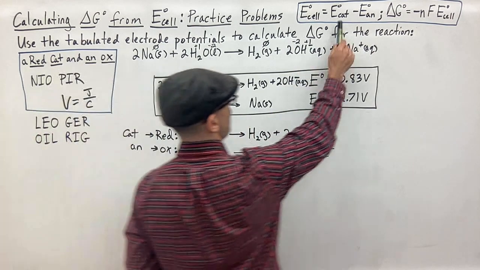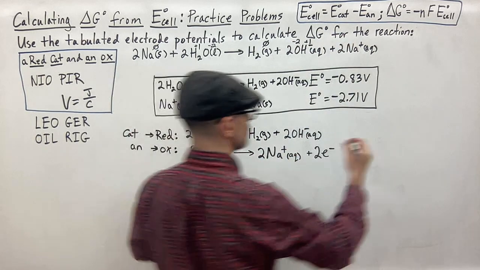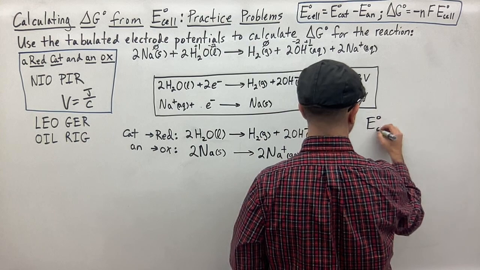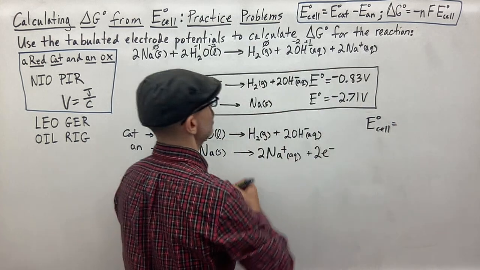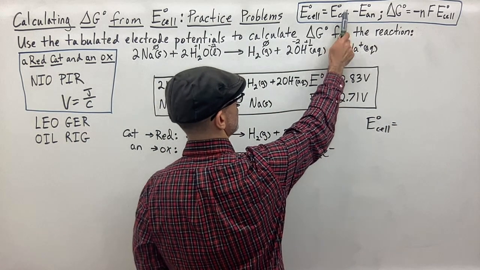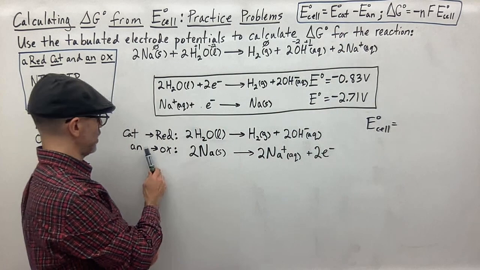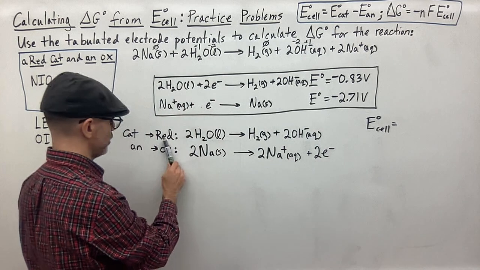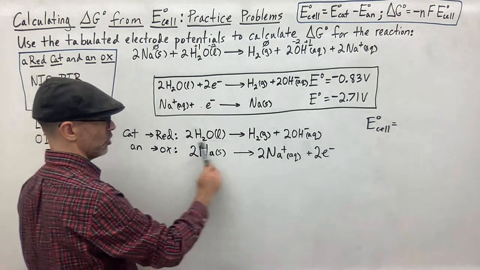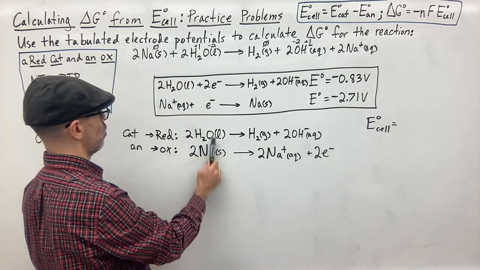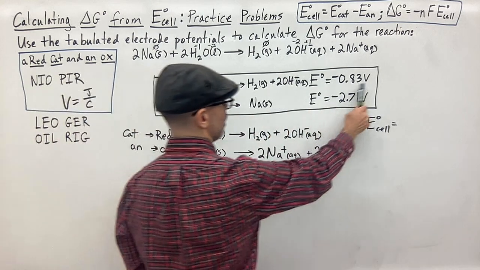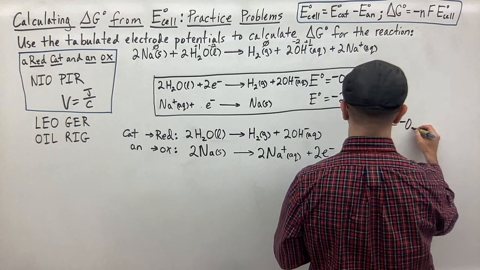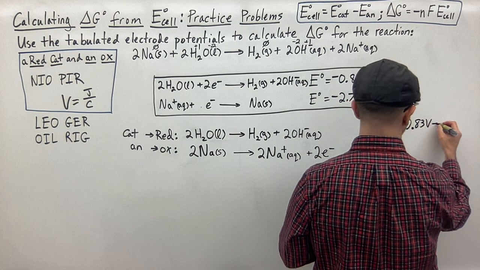So now we can go ahead and put this into our equation. So here I have E cell is equal to the electrode potential at the cathode, and that's here. So remember, a red cat and an ox. So reduction here is happening at the cathode. So we have this one here, which is water, and we're going to plug in this value here. So this is going to be -0.83 volts minus,